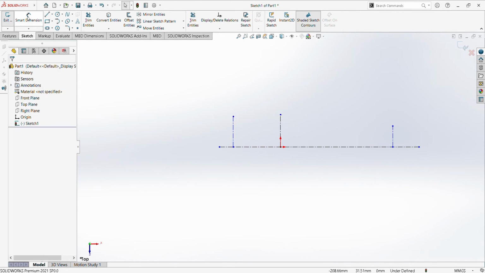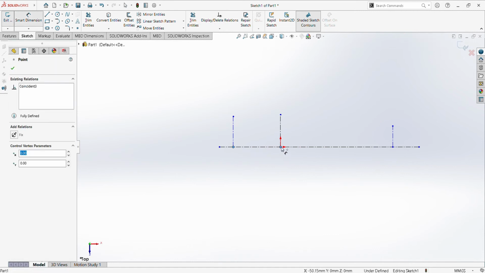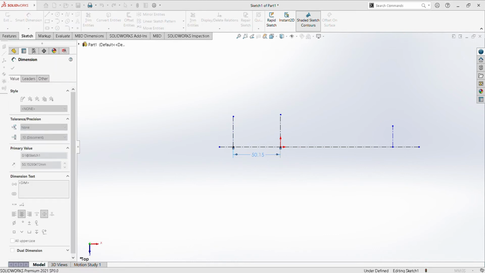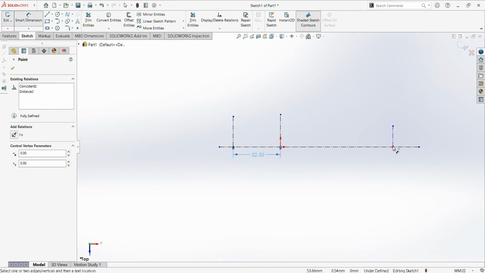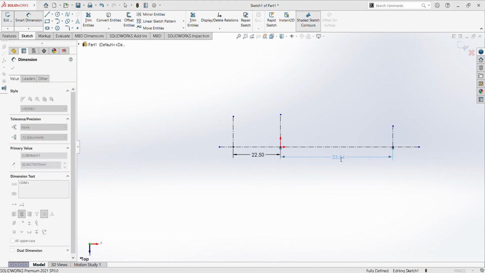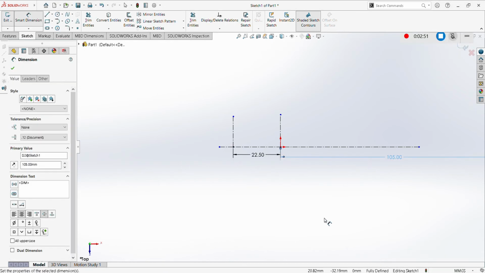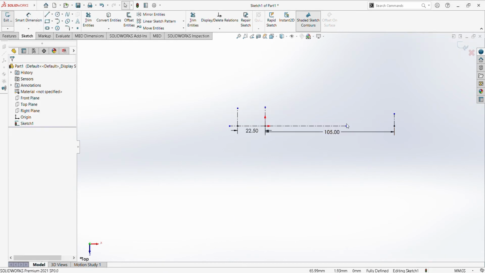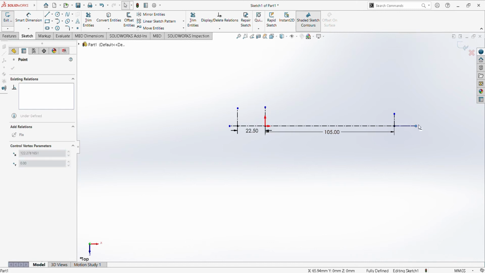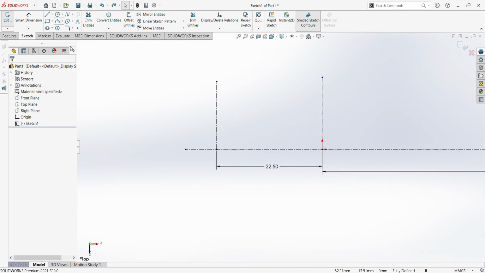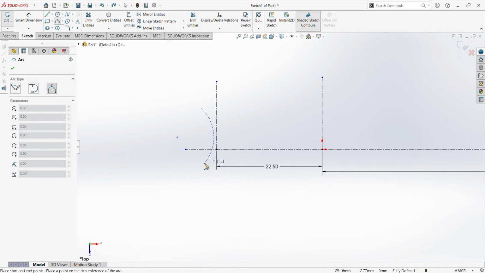Next is to use Smart Dimension. This one will have 22.5, enter. Then the other is on 105. If necessary, we will extend the line accordingly. We will now use an arc command, selecting 3-point arc, clicking to these points,